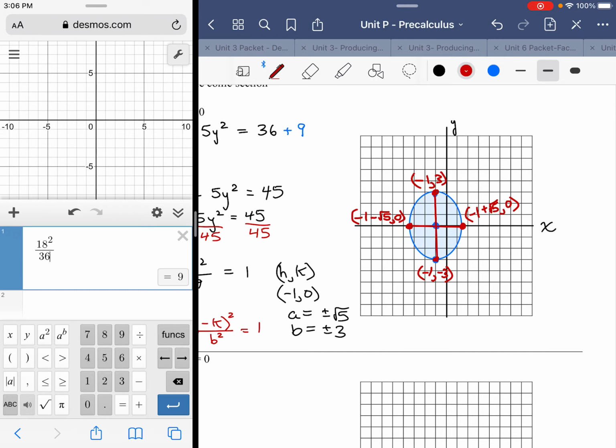But I don't know if this is the most mathematical way of doing it, but I have this little mnemonic. It's the square root of the big denominator minus the little denominator that helps you determine the distance from center to focus. All right, so for an ellipse specifically,